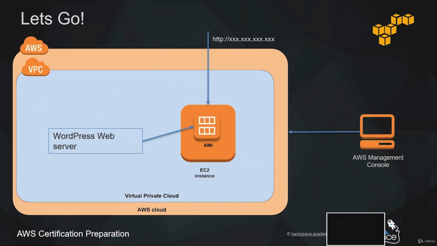Okay, so coming up next, we're going to have a lab. So make sure that you download the Introduction to AWS lab notes that come with this course. What we're going to do is launch an EC2 instance, and we're going to select an Amazon Machine Image of a WordPress web server. And that will allow us to deploy a WordPress server on the AWS cloud. And then we're going to be able to go to our browser and view our website that was created by that EC2 instance. And we're going to do that all through the AWS Management Console on our desktop computer.